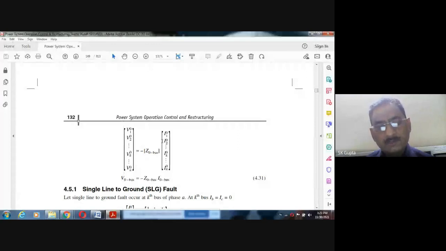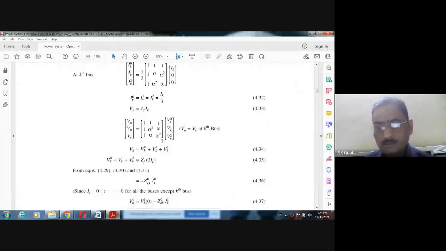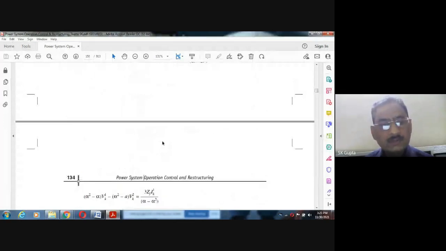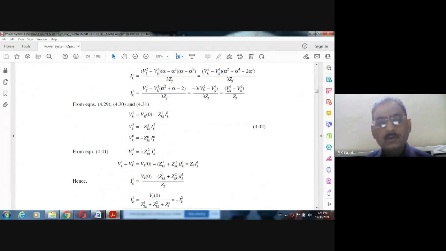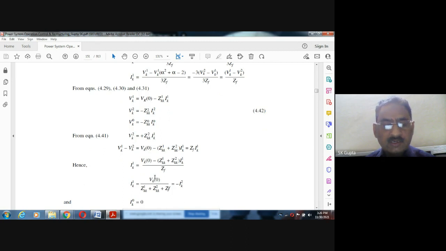So this complete network, all voltages described earlier, and if you put these values here, this we calculated. Here we put the value of VK1 and VK2. VK1 was this. Just we have shown it is VK1. It is VK2. If you put here VK1 minus VK2, and we know we have just seen VK2 is equal to minus VK1, so minus minus plus. So you can put it here, VK1 and VK2. So VK1 minus VK2 will be equal to this equation, and this is the ZF. So IK1 is equal to this divided by ZF. Now you see this IK1 here and IK1 here, both bring on this side and divided by ZK1, ZK2, this equation will come. Means IK1, positive sequence current in case of a line to line fault, is VK0 divided by